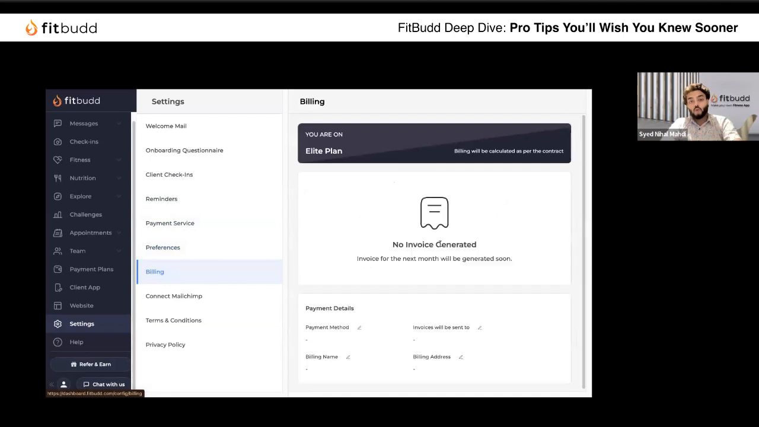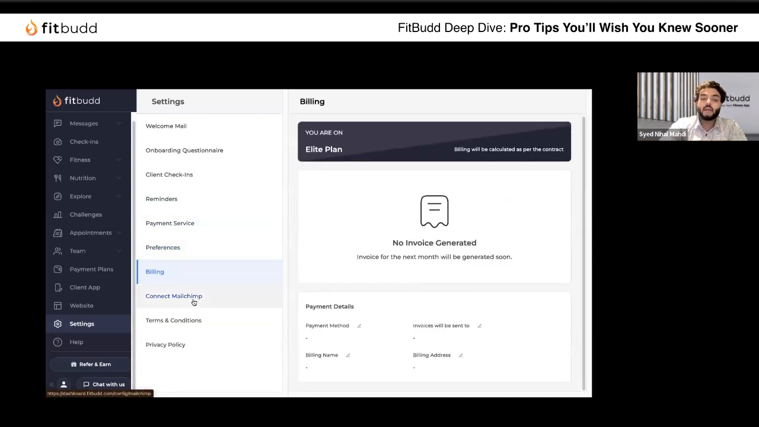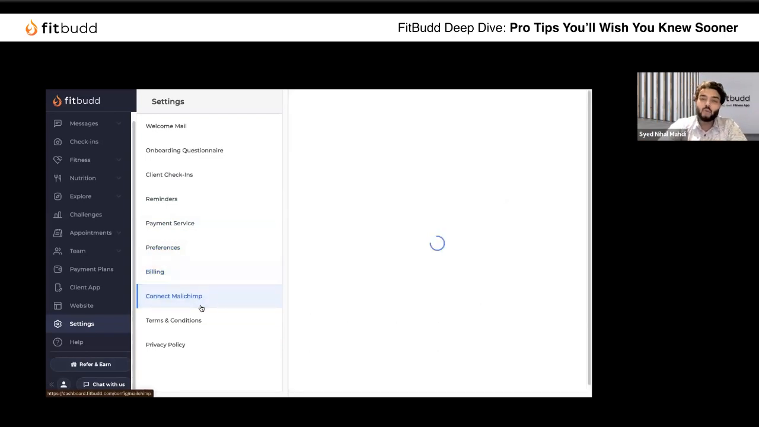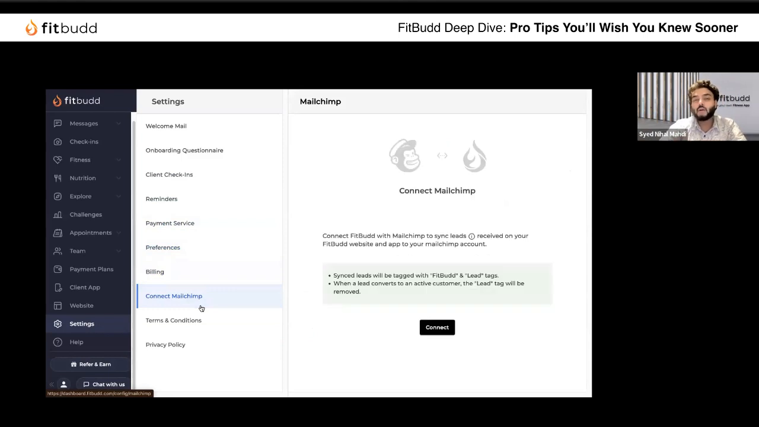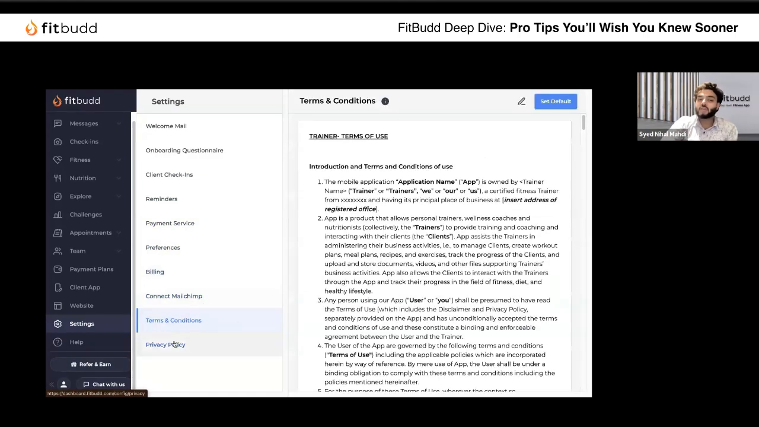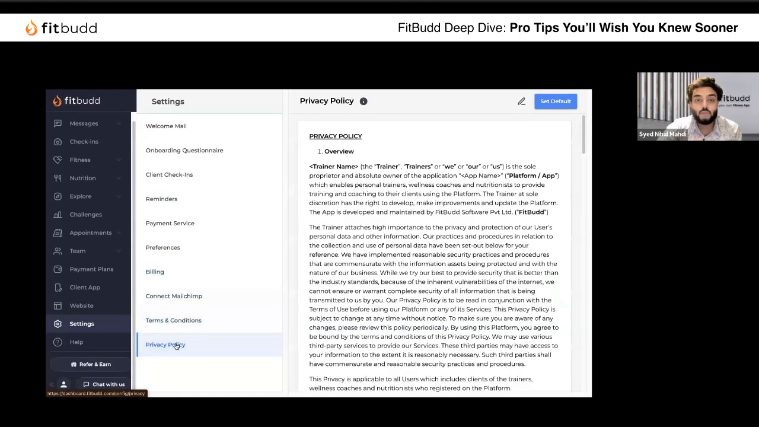Billing is for you. Your monthly subscriptions will be available in the billing. You connect MailChimp with FitBudd. If you are that particular trainer who uses email marketing, this platform can be integrated, but you need to have a paid plan on MailChimp. We simply bridge you from FitBudd to MailChimp. That's it. Then you can create your waiver forms using terms and conditions and privacy policies for your customers. That is mostly about your